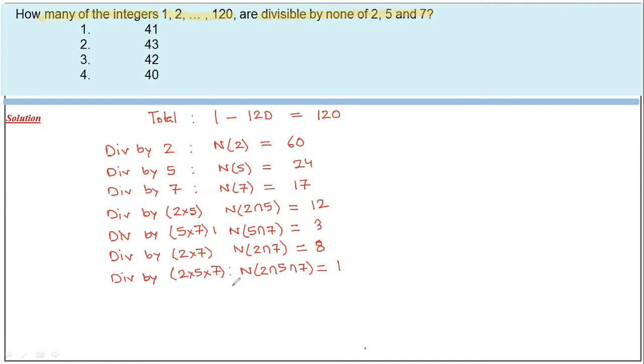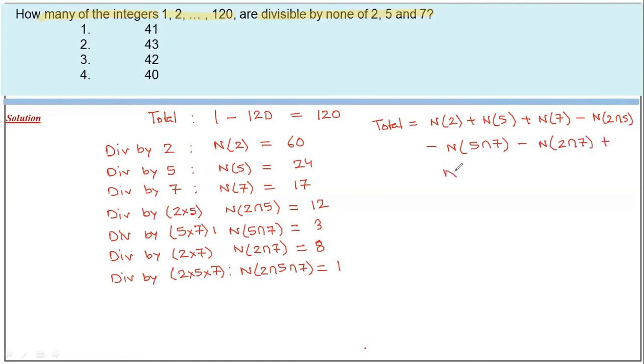So we have total equal to n2 plus n5 plus n7 minus n of 2 intersection 5 minus n of 5 intersection 7 minus n of 2 intersection 7 and plus n of 2 intersection 5 intersection 7 plus none, or 120 is equal to 60 plus 24 plus 17 minus 12 minus 3 minus 8 plus 1 plus none,